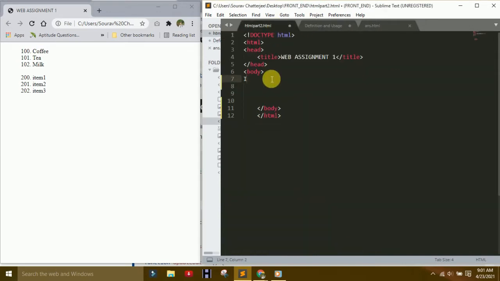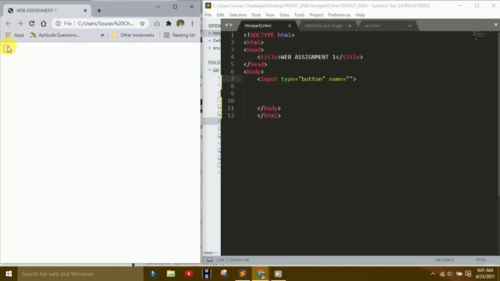So I use it here. Simply write input. Okay, you saw the changes. If you make a button, only button, and save it, first understand what the changes are. You saw only one box, and nothing has changed here because there is no name. So if I make a change here, submit.